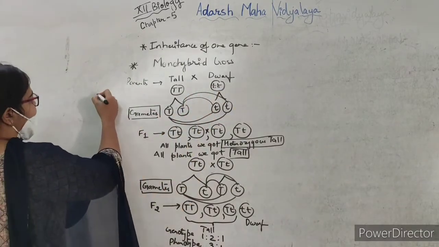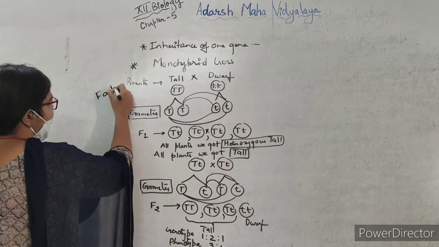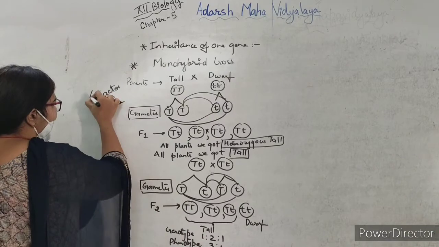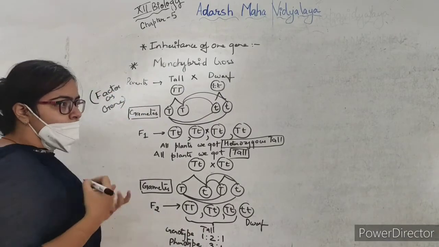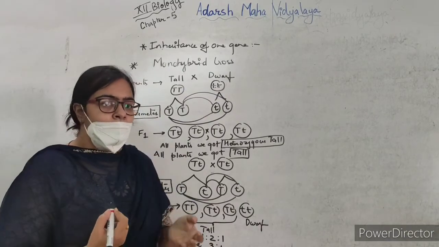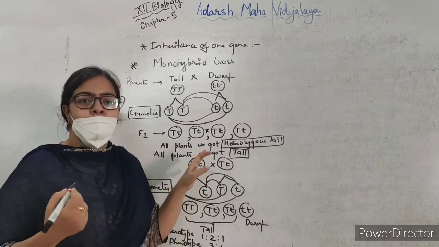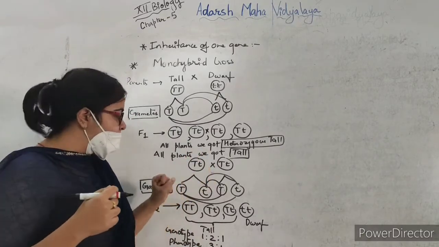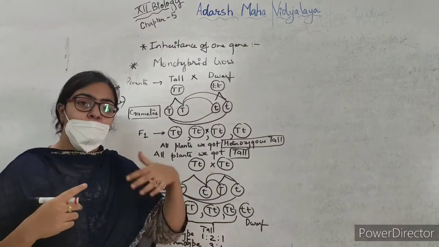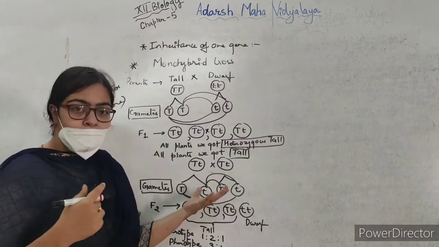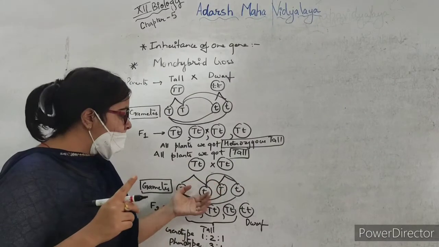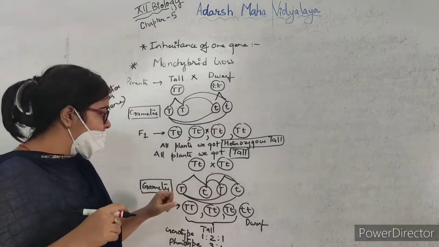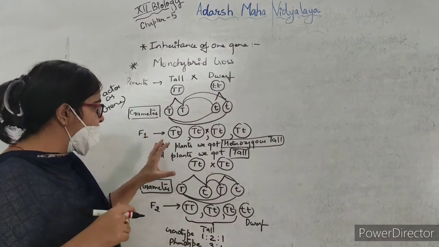And now we call these factors as gene, that is a segment of DNA which codes for a polypeptide. Okay. Now in a dissimilar pair of factors, one member will be able to dominate the other, and the other one will not express itself in the presence of the dominant character, in a dissimilar pair.